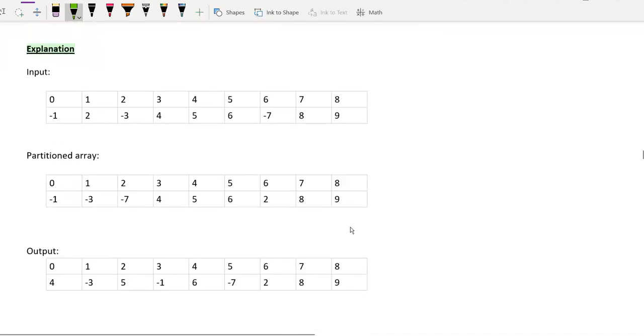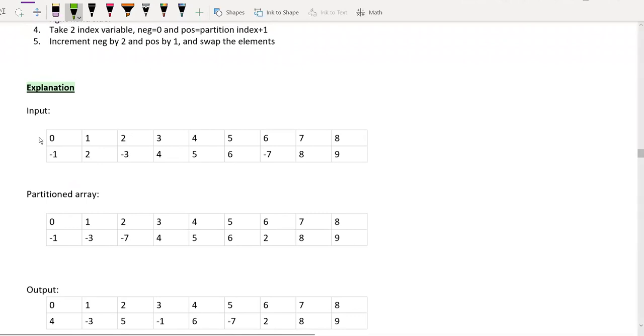Okay, so what is happening in this input array is I told you to consider pivot as 0. So what we do in partition is we just have an index p that points to -1, and we iterate our I from 0 to the complete length of the array. And now we check whether my ith element is less than 0 or not. If it is less than 0, then we increment our p index and we swap the elements present at the p index and the ith index.